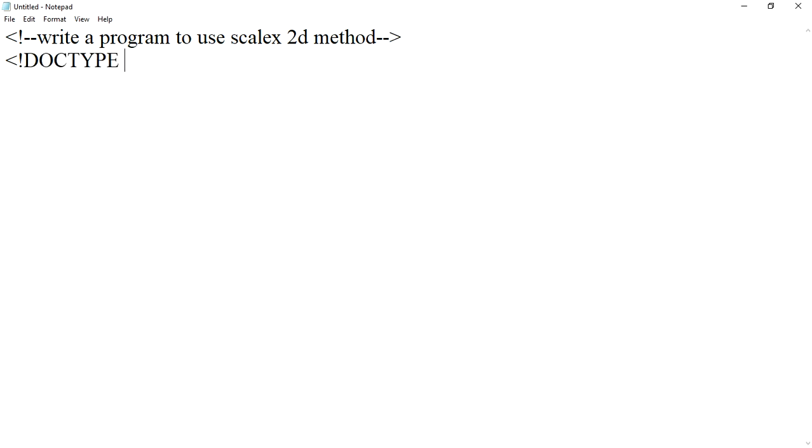doctype, HTML tag, head tag, style type equals to text slash CSS, image,